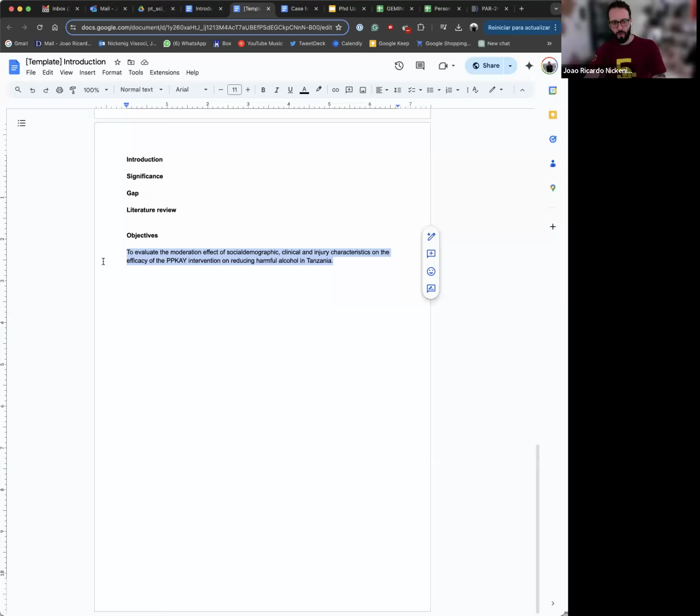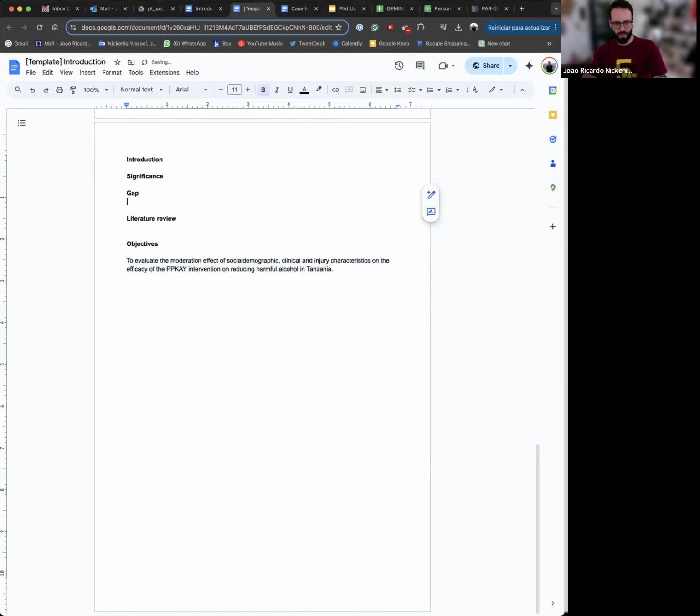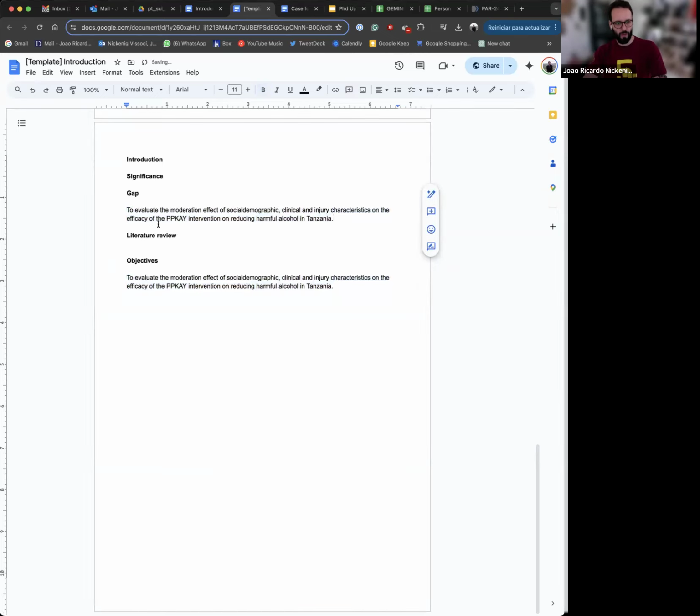Then one of the rules, maybe I should put that on the template, the rules of writing an introduction. One of the rules is that the gap should have the same structure. So I always copy it there. And now I'm going to wordsmith the gap, because I want the gap to really talk to the objective. So the gap for this project, or something that I'm trying to evaluate here, is, and this is me thinking out loud, that there's an intervention to